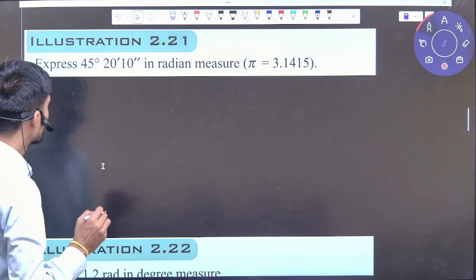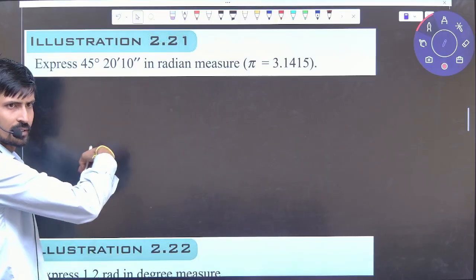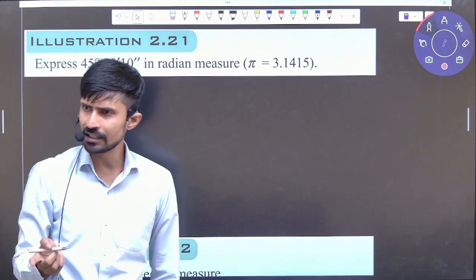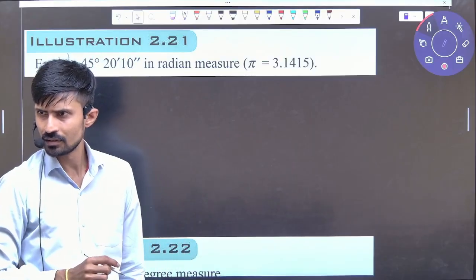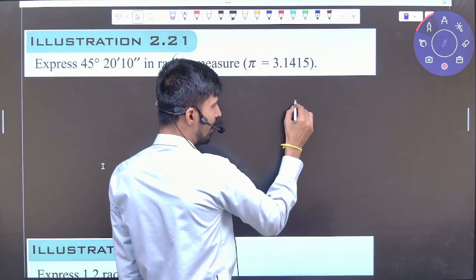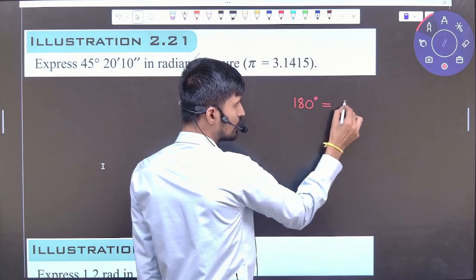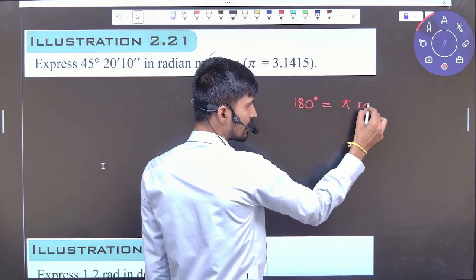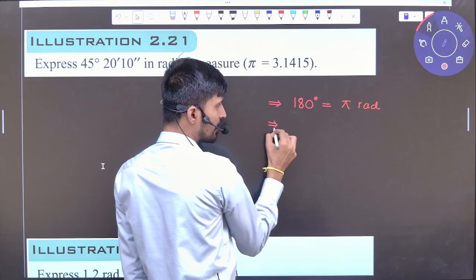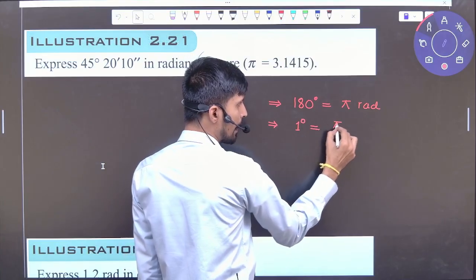So what I will do, first of all, I will change this total into degree. And after that, we'll change degree into radian. Now, how will we change degree into radian? See, 180 degree is equals to pi radian. So from here we can say 1 degree is equals to pi by